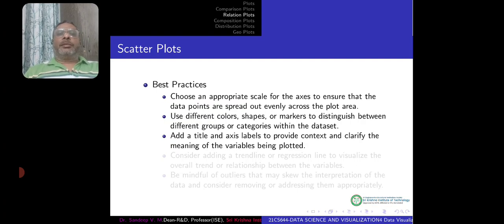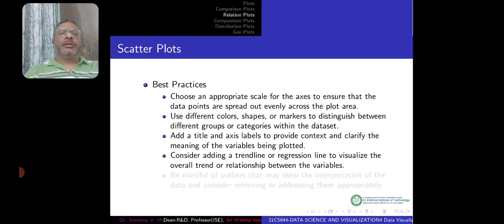So it needs a proper title so that we can understand what the plot is trying to convey, and the axis labels are a must, because without which we cannot understand what we are talking all about. And then consider adding a trend line or regression line to visualize the overall trend or relationship between the variables. So instead of just plotting the scatter plot, if you can identify the trend line, so better mark it on